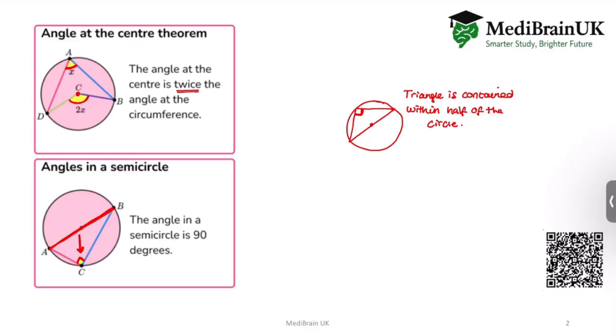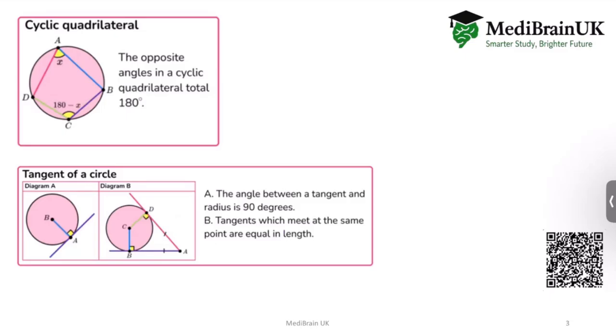So the first rule is that the angle at the center is twice the angle at the circumference. And the second rule is that the angle in a semicircle is 90 degrees. Now, the third and fourth rule is as follows. Again, the top rule is pretty much straightforward. Whenever you have a quadrilateral, remember a quadrilateral is a four-sided shape, present within the circle and all the corners are touching the circle, as you can see over here,